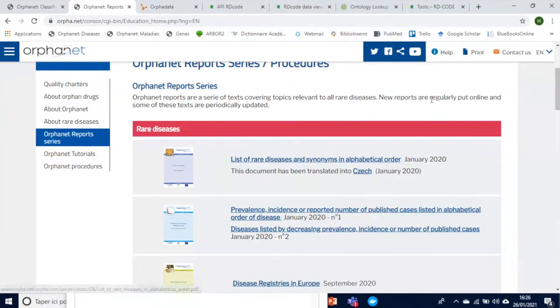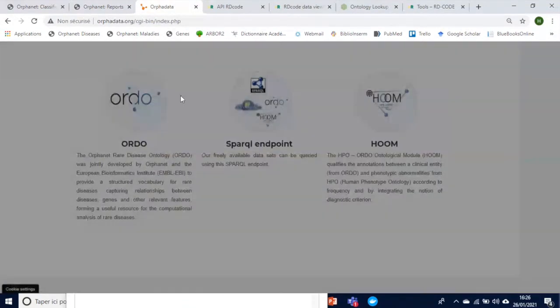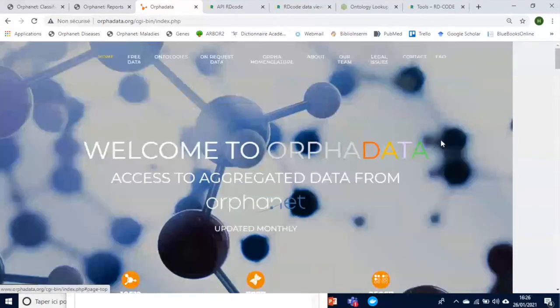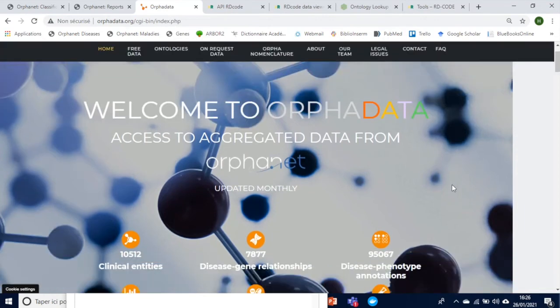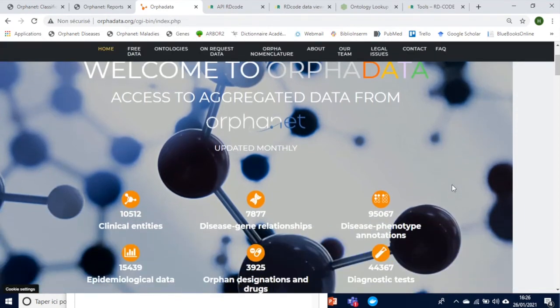Now moving on to the ORPHAdata platform. So it is a different site. And by the way, don't worry, I linked all the tools in the PowerPoint presentation, so you will find everything in there. So on the ORPHAdata website, we provide aggregated data in computable and reusable datasets obtained by extraction of